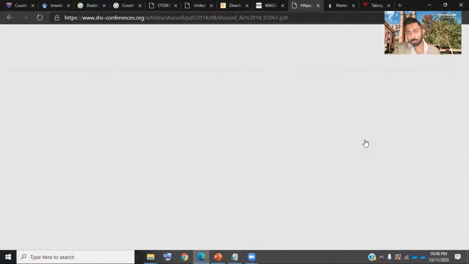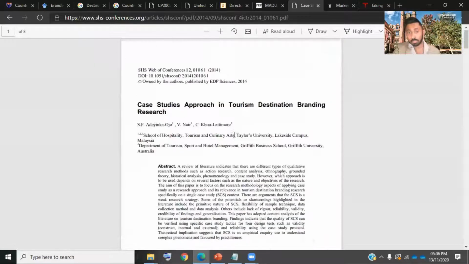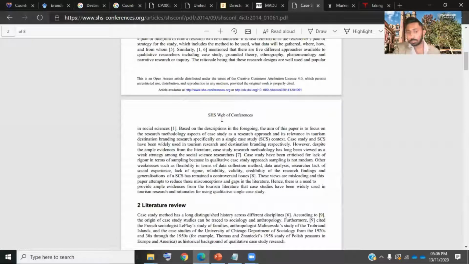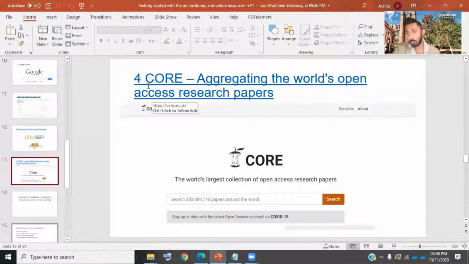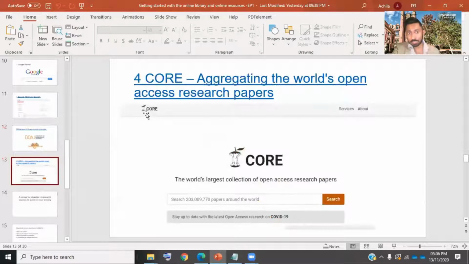Now look at this one, it is a PDF, and as soon as you click on it, you will get the full article, which is referenceable. It's a 2014 article, but still you'll find multiple reference entries. So that's a very good place to do your research. And the next one is called Co. That's another place where you can do your research, but I do recommend the Directory of Open Access Journals much more than Co, because Co can give you